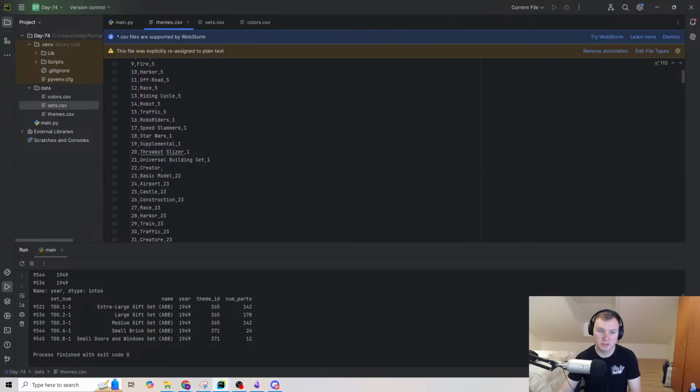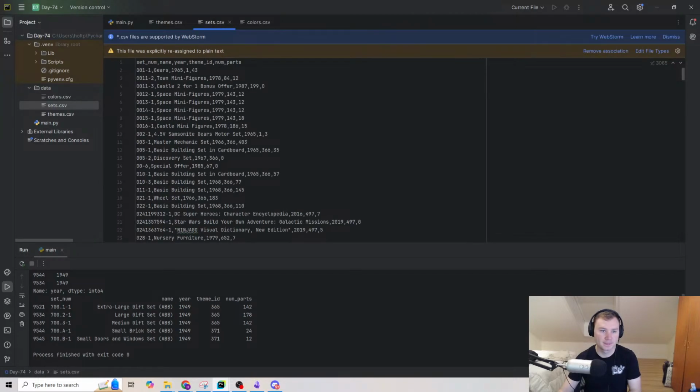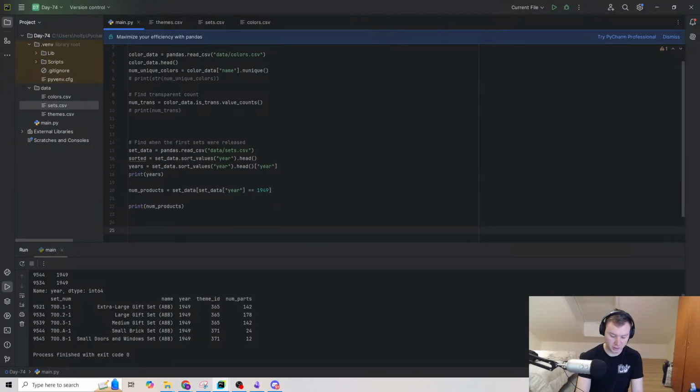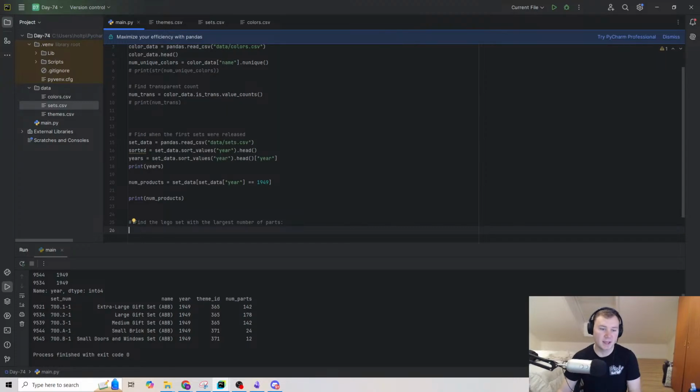Okay, Lego set, largest number of parts. So I can do this by myself for sure, at least I think I can. We would just have to take the list of the number of parts and then put it in ascending order. So we're sorting based on